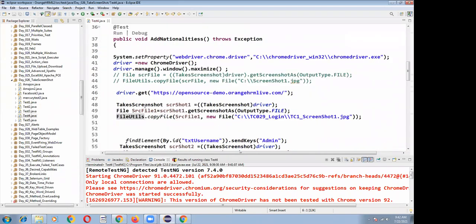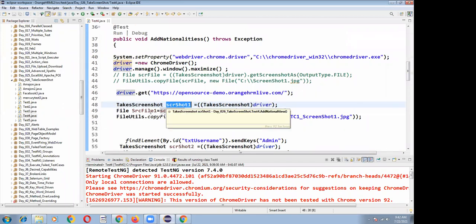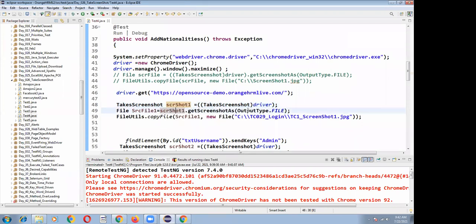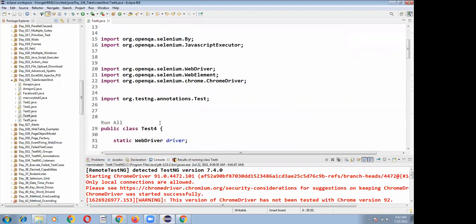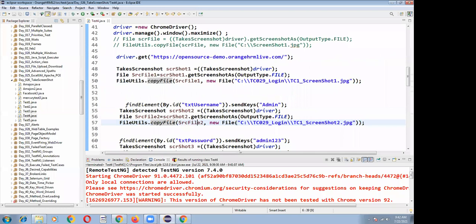After that, you have to tell we have to create an object for TakesScreenshot. Screenshot is equal to TakesScreenshot of driver, so that the snapshot will be captured in object format, and that object will be converted into file format. File srcFile is equal to screen. By writing OutputType, it will be converted into file format. For this file, we are going to use some extension, so we specify it by using FileUtils.copyFile. FileUtils is the class which contains a static method copyFile. We have to specify the file name, and it will be saved in the desired location. Like that, we can take snapshots in Selenium.